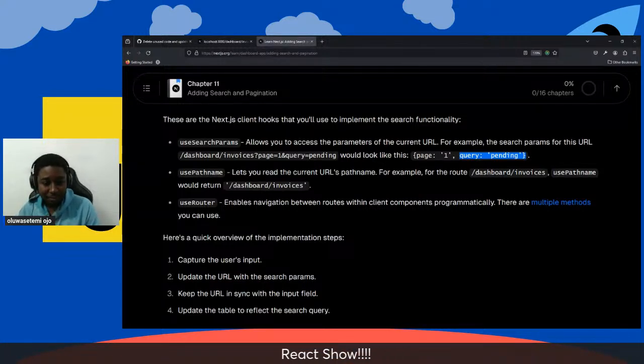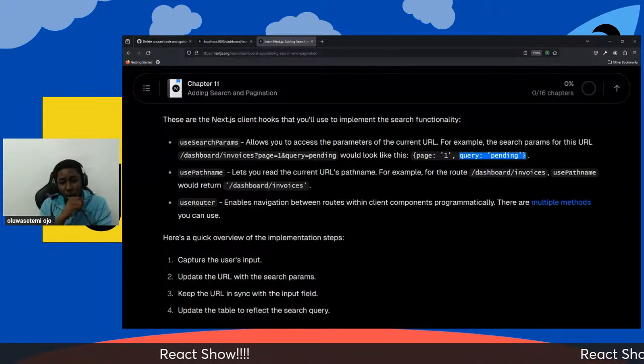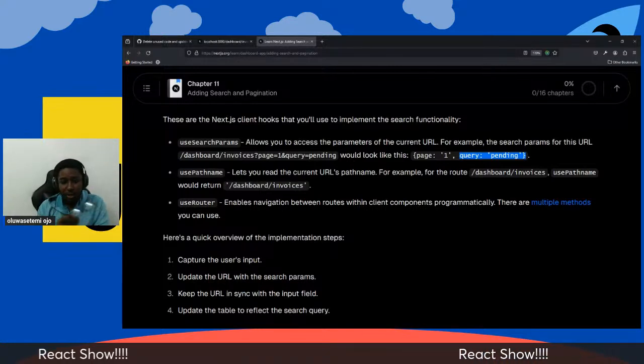All right. So another hook that we are also going to be using, right, is